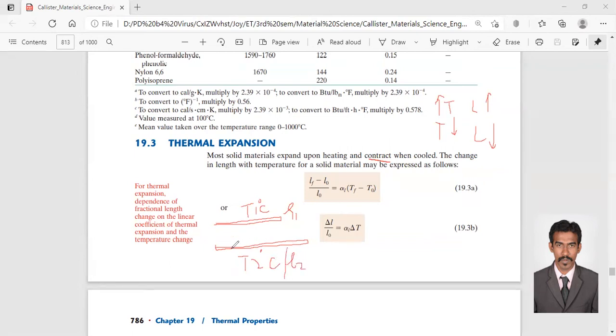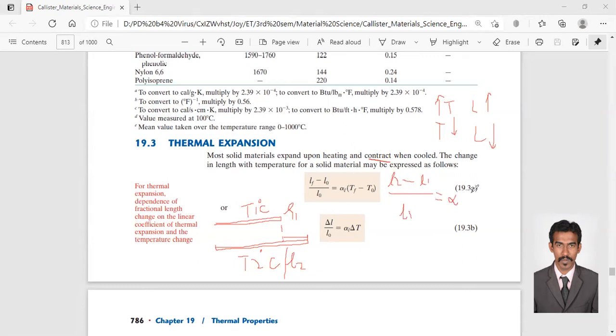So due to the change in the temperature T2 minus T1, because you provide some extra heat, this much increase has happened. When you put these terms into this equation, LF is the final length, so that is L2. L naught is the initial length, so initial length is L1. L2 minus L1 upon L1 equals alpha. Alpha, I told you, is given in the table, and it is different for different materials. So, the thermal expansion